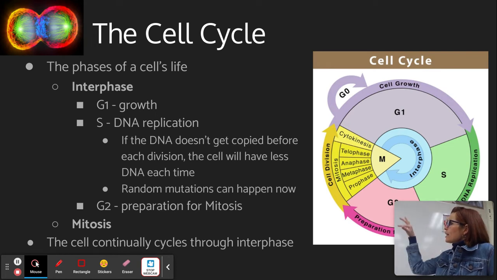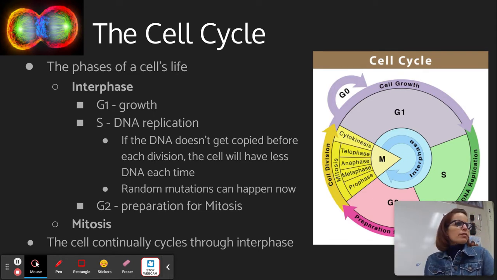So in this diagram, the yellow pie piece is mitosis and cytokinesis. That's when the cell is dividing. The whole rest of the cell's life is spent doing other things. I sometimes draw that analogy that a woman is pregnant for a tiny part of her life, and the rest of the time she's doing other things.